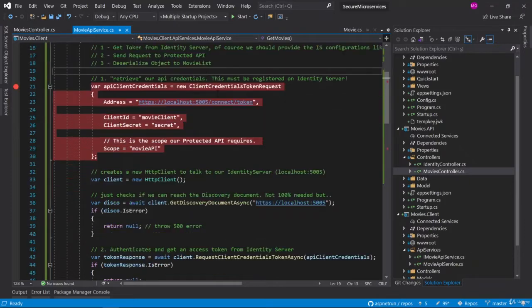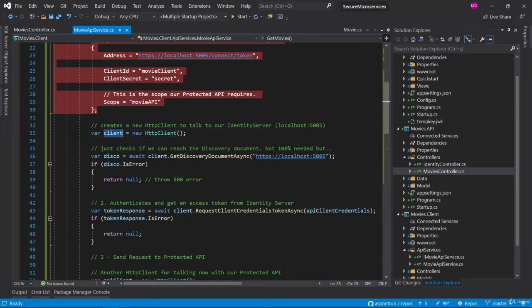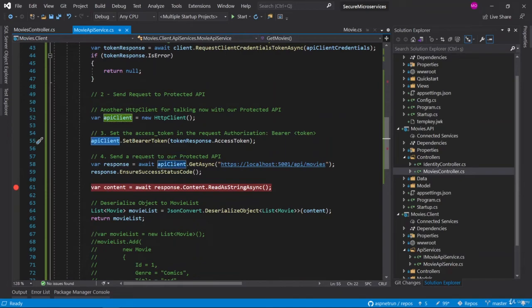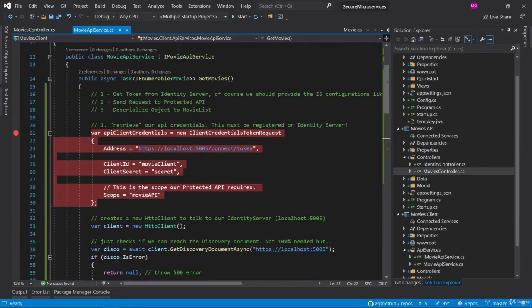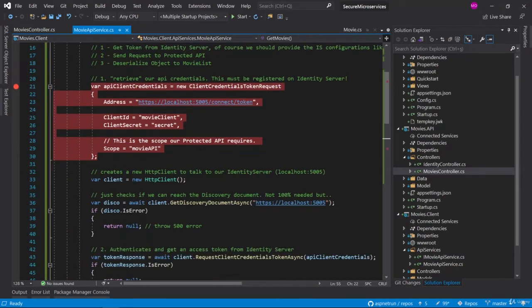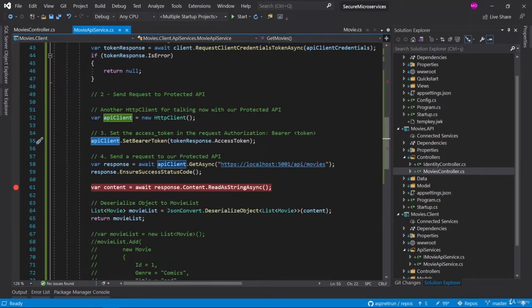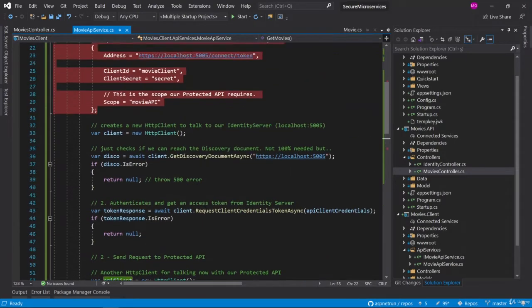As you can see, we have the old codes, and we are creating two HTTP clients, one for getting the token and a second for consuming the movies API. So it is not a good practice. We are going to replace these codes and make them more generic. First of all, this token operation will be performed for all of the consume API operations, so that's why it should be in a generic place. And after that, we will also refactor calling the movies API with some preparation with the IHttpClientFactory.